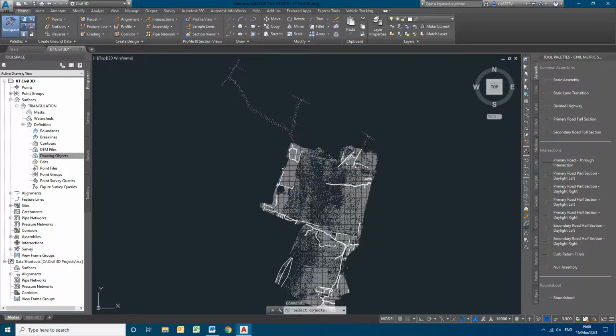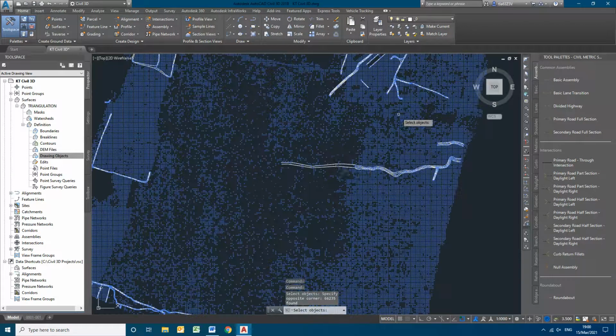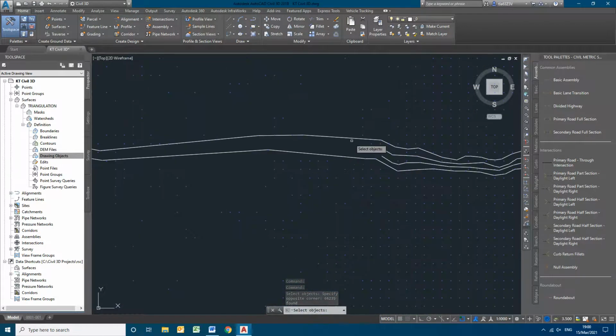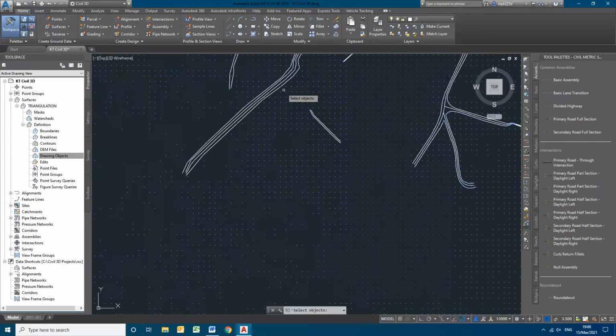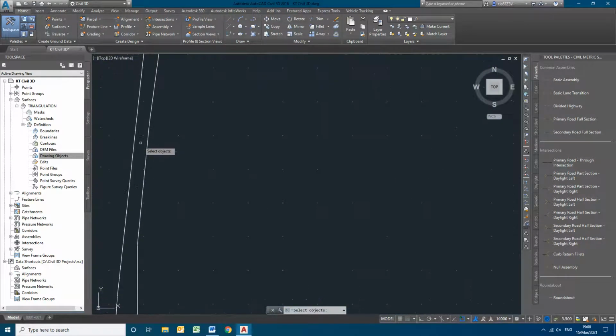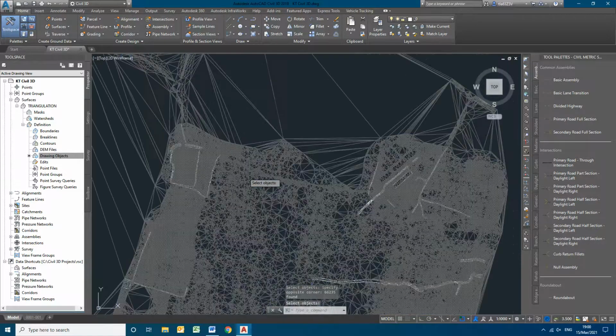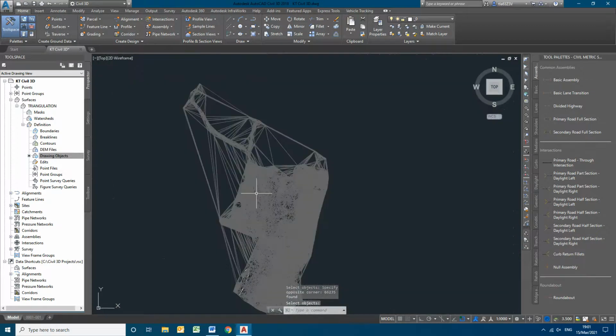Okay. Now we can directly select the points data. When you select all the topo, only points will be selected if you want to add the points. No lines have been selected, only points are selected. Now you can see clearly. Just by clicking on Enter, the triangulation for the points data will be formed.